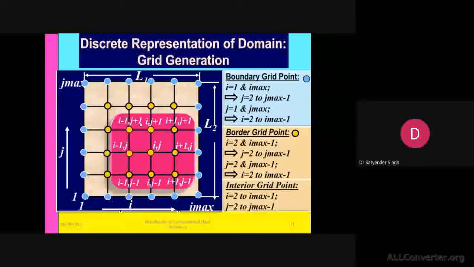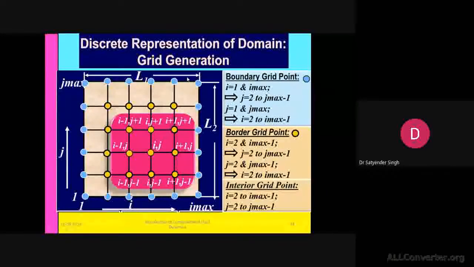So we have to create the matrix based on I and j, and accordingly we have to provide the boundary conditions also. Let's say this plate is at a particular temperature on this wall, which is one of the Dirichlet boundary conditions for this problem. So this grid has to take the information and transfer it to the next, and the next, and the next, then you are able to know what the value is at this particular wall due to this temperature.